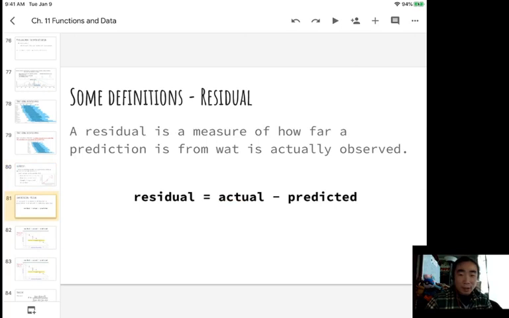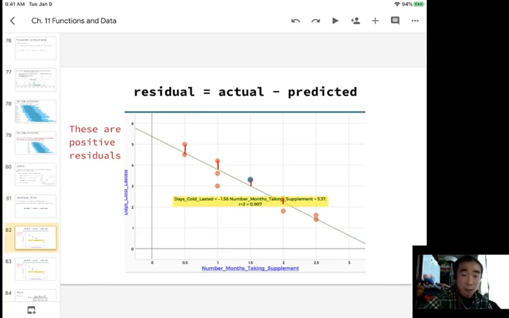So other definitions, of course, you know that lines are always going to be a little bit off. So in statistics, for scatter plots specifically, that's called residuals, how off you are. So a residual is a measure of how far a prediction is from what is actually observed, okay? So one formula, the residual, how off you are, is actual minus the predicted. And visually, it looks like this. You have a line, you notice at the top, these are positive residuals. So those are